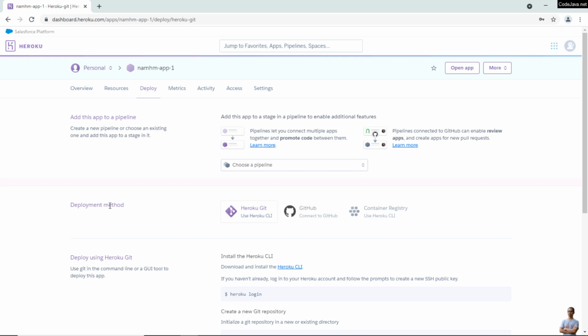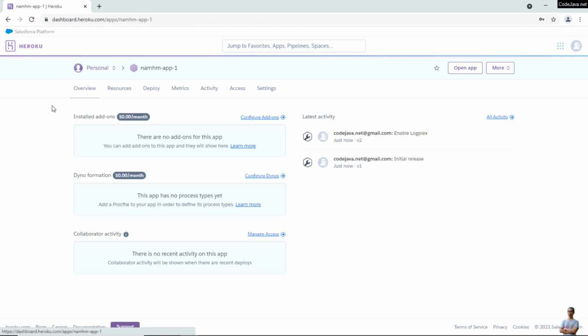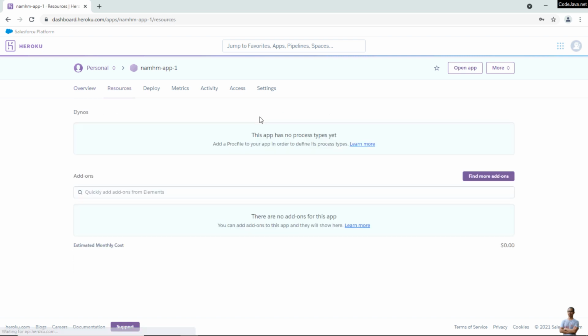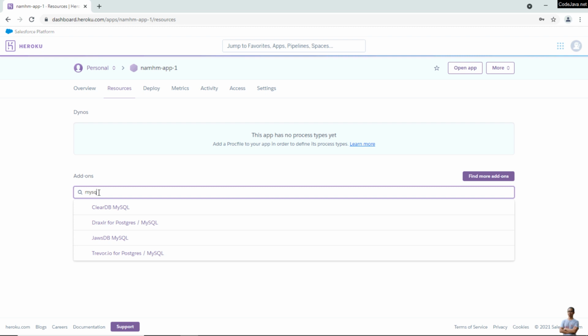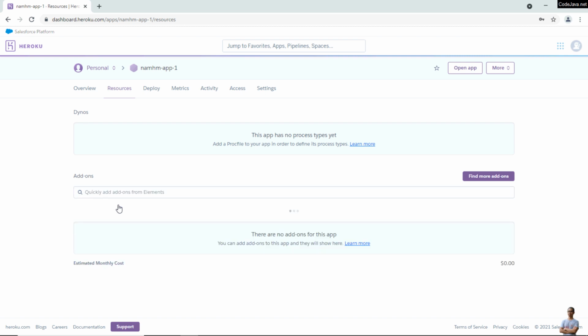Okay, then click the tab overview, and you can see installed add-ons here. There are no add-ons for this app, and click the link configure add-ons here to install a new add-on for using MySQL database, and type the keyword MySQL here, and you can see it suggests some add-ons for MySQL here, such as ClearDB MySQL. So I choose ClearDB MySQL,